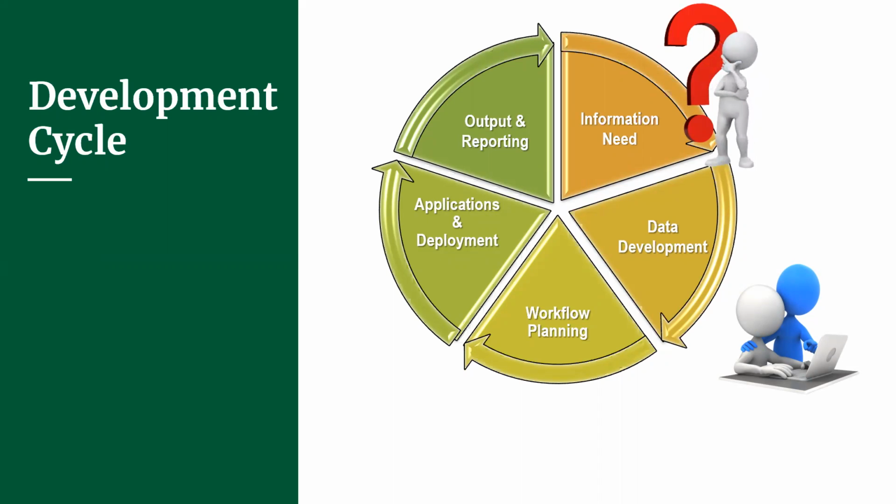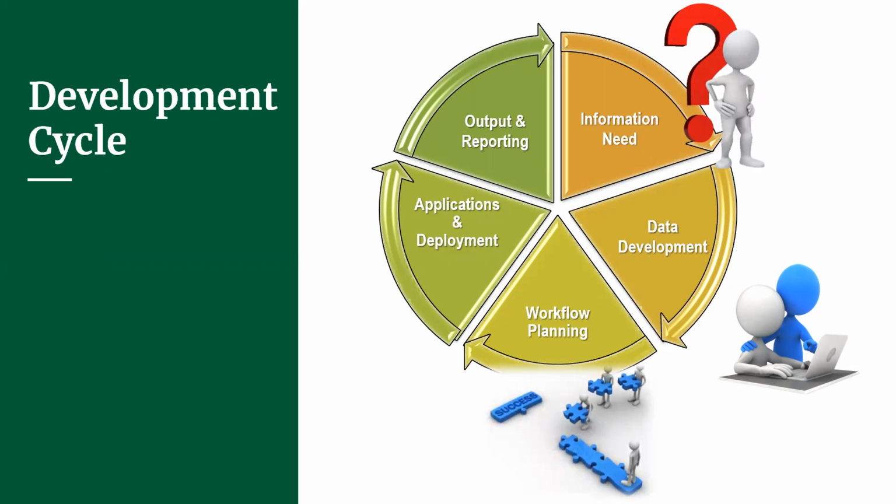So we start with that data, and then we start the workflow planning process, which would include diagramming out what we need. And oftentimes that includes various users within our department or the city itself. And we have important benchmarks that we need to meet, and we have specific outcomes or maybe some more broad outcomes that we want to see for output. So diagramming all that out really helps us plan how we're going to deploy our applications.